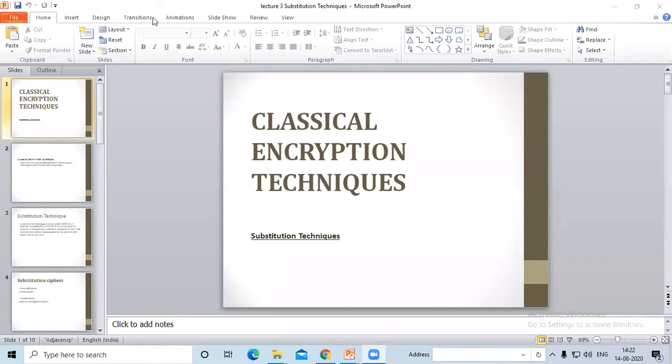Yes, Ritik, you want to ask something? Yes, ma'am. In the case of the monoalphabetic substitution, you had given the example of my name and Meena, and you had replaced the letter M with N in my and name, and in name you had replaced the A with Z. But in case of E, you had replaced E with...